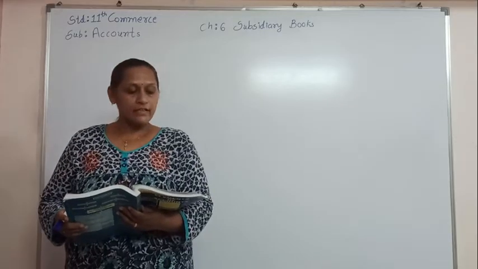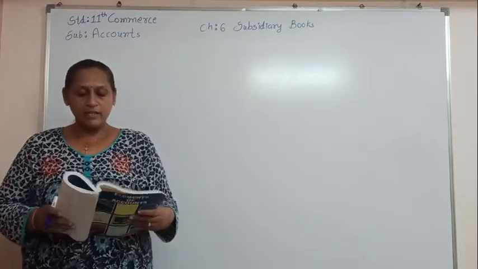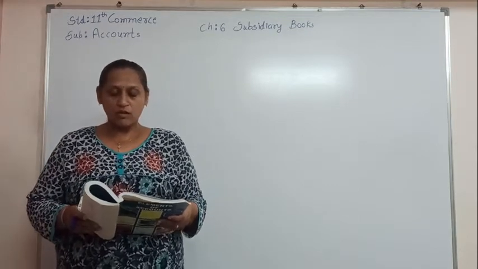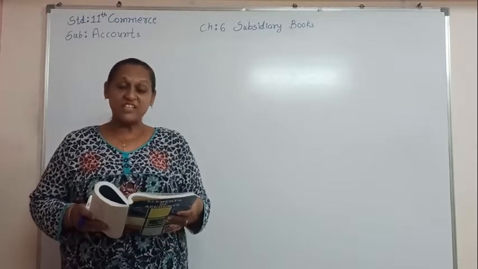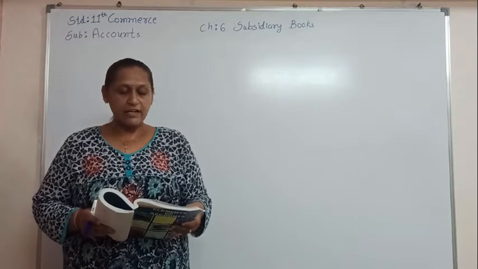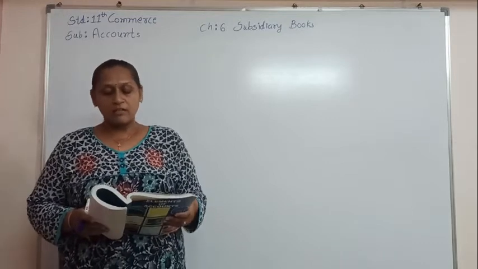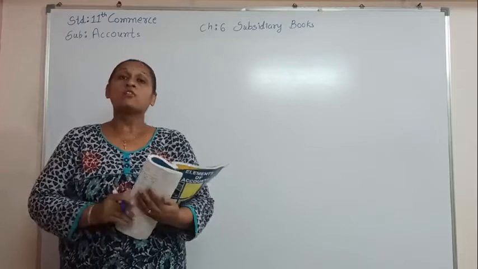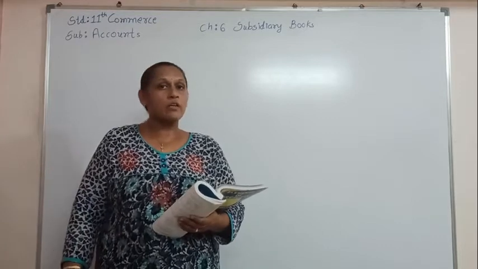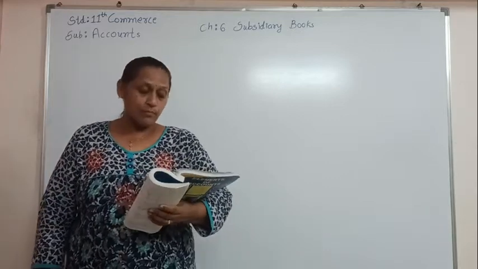Let's see illustration number 3. Bhavesh Store of Ahmedabad, a cloth merchant, prepared his purchase book in his books of account inclusive of expense. He maintains a separate column to record expenses like GST, railway freight, labor, etc. Prepare the purchase book on the basis of total GST rate at 12%. GST is not included in the transaction. Add the applicable amount of GST and prepare the purchase book. So here Bhavesh Bhai is preparing the purchase book according to goods as well as different types of expense. So let's prepare the purchase book of Shri Bhavesh Bhai.